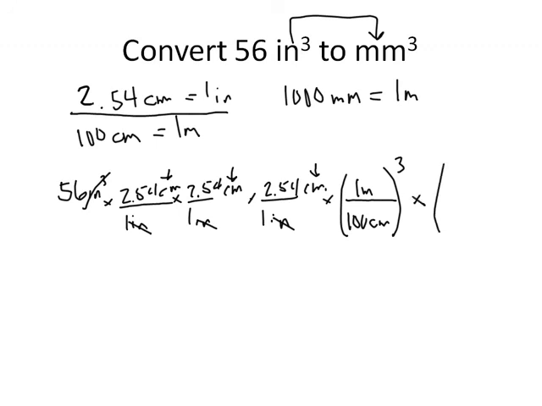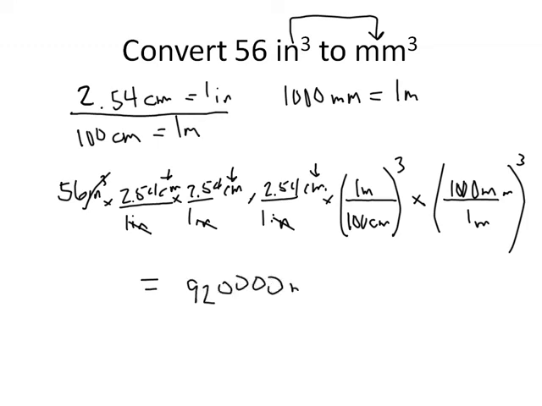And then my last one is going to be 1,000 millimeters per 1 meter, whole thing cubed. So when we put this into our calculator, it's essentially 56 times 2.54 cubed, or 2.54 times 2.54 times 2.54, if you want to do it that way, divided by 100 cubed, multiplied by 1,000 cubed. And so what we find is that this, I only need 2 sig figs, is